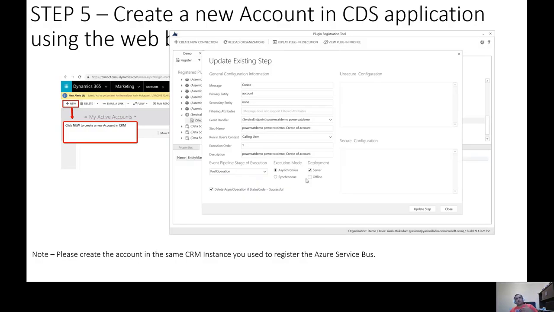That way, whenever a record is created, without impacting the user's response, in the background the newly created account entity is exported to the Azure Service Bus. From there, if I have listeners, I can pull that message and do my downstream integration, and then using the APIs again, I can update the status. So you could do pretty complex integration patterns, but this is how you would set it up.